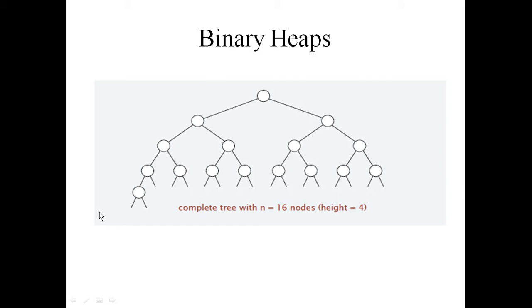In this figure you can see an example of a binary heap. So this is a binary heap. It consists of a total number of nodes as 16, that is why n is equal to 16, and the height of this binary heap is 4, which can be calculated as log of n. So the height of any binary heap is equal to log of n. So in our case n is equal to 16, so log of 16 comes out to be 4. That is why height is equal to 4.